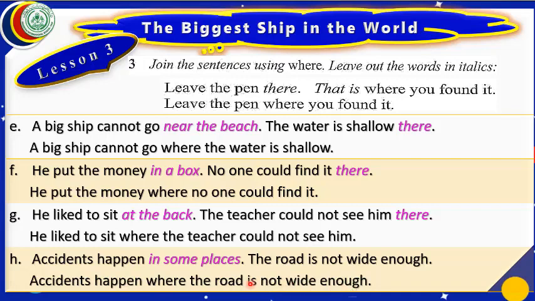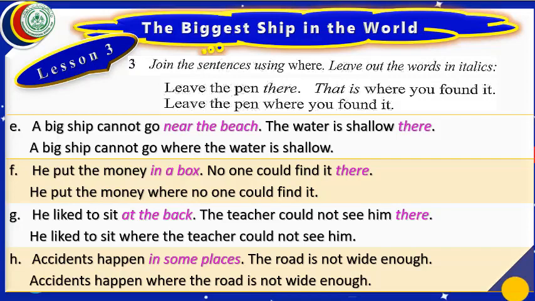What have we done here to write this answer? We have written the word where in the middle, and we have left the words written in italics. Dear students, if I repeat what we did in exercise 2 and 3, I shall tell you we used the word whose in exercise 2. In the first 2 parts, the sequence of the second sentence was not changed, but then we saw we had to change the sequence of the words.